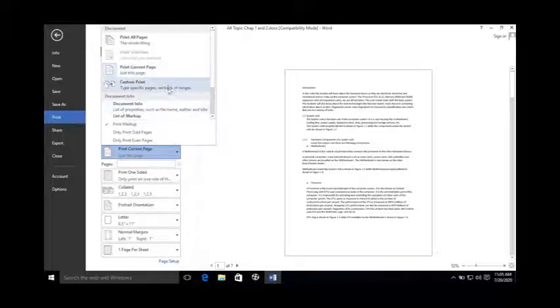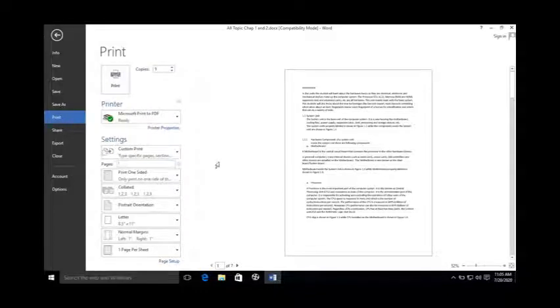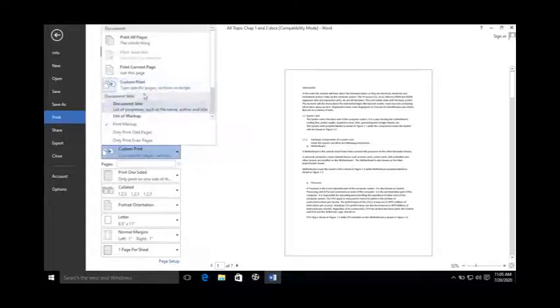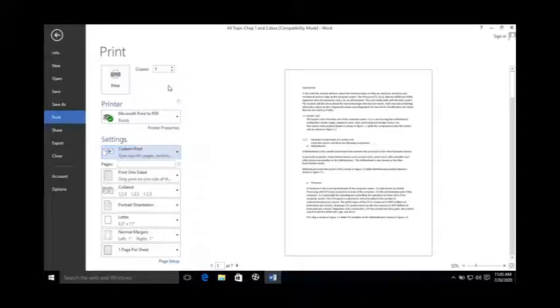Or sometimes we want to specify the number of pages or different pages that we want to take the printout of. So for that purpose you have to select the custom print. Custom print says type specific pages, sections or ranges. When I select this one, here you can see this open space appears.